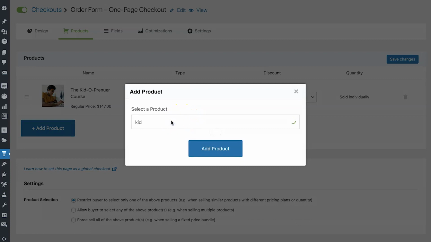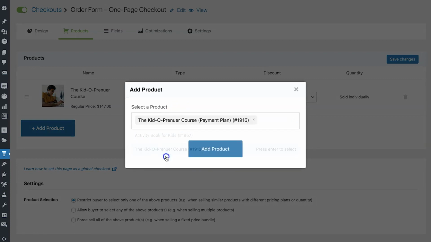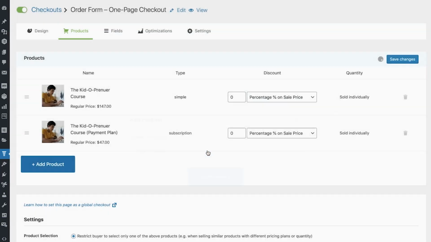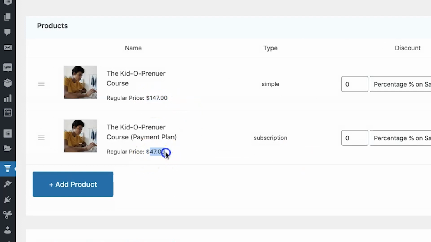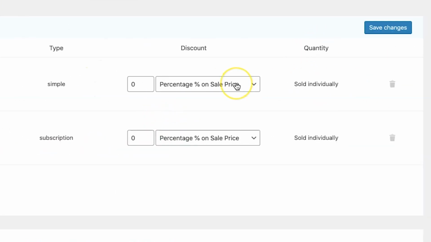And we're going to add another product. This is the subscription-based product with a 3-month payment plan. Well, as you can see right now this is 147, it is 47 each month. Well, of course we should make it 57, so that overall when they compare 3 months, which is 180, versus 147, this appears more lucrative, but of course that's for you to do. Now additionally what you can do is set a discount, and also you can delete the item if you have added it accidentally.